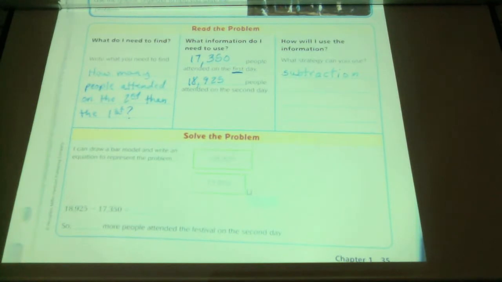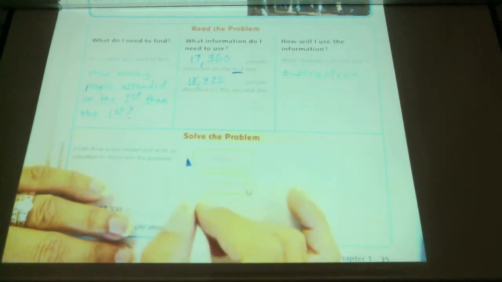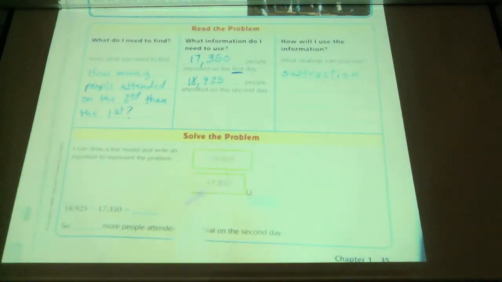Now this is one way to give a visual of comparing items to find out how much larger one is than another. You do the bar model. How many of you remember doing this in 3rd grade? Bar models like this. The top one is the total, and then the bottom parts represent one piece of it, and then you need to find the other piece. So here's a box that represents 18,925